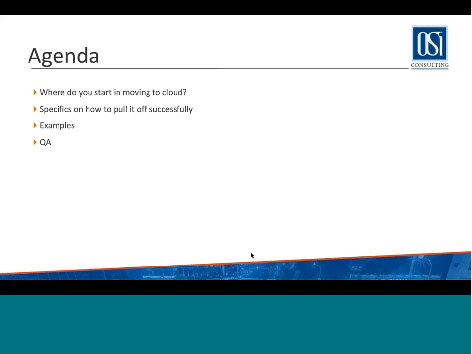We all know the high-level promise sounds great, but the devil is in the details. And finally, we're going to go into a specific example to provide clarity, make sure everyone's very clear on how to exactly go about moving onto the ERP Cloud successfully. Then we're going to wrap up with some question and answers at the end.